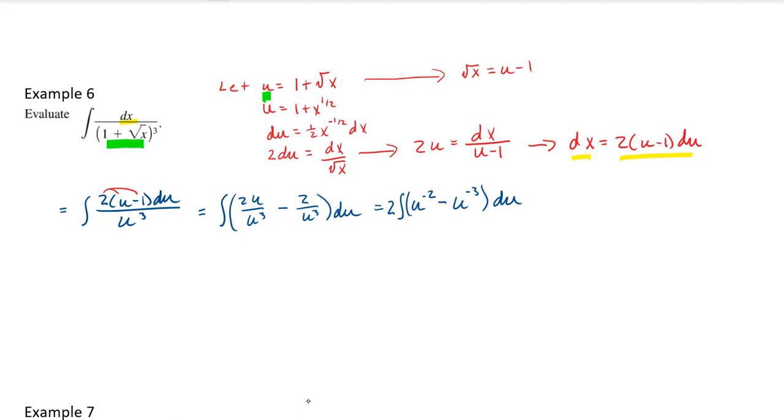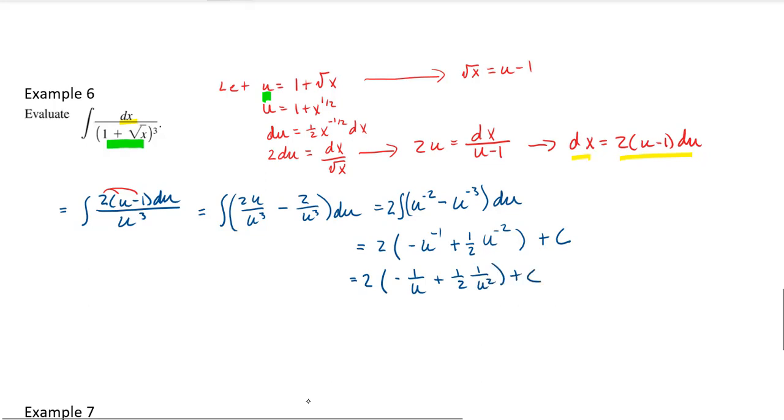Hindsight's 20/20. So now we can integrate this, right? What is the integral of u to the negative 2? Add 1 to the exponent, that gives us a u to the negative 1. Then divide by a negative 1, which gives us a negative 1. And then minus, and then add 1 to the exponent here, that gives us a u to the negative 2. Dividing by a negative 2 gives us a plus 1/2 plus c. Cleaning this up then, we get 2 times minus 1 over u plus 1/2 times 1 over u squared plus